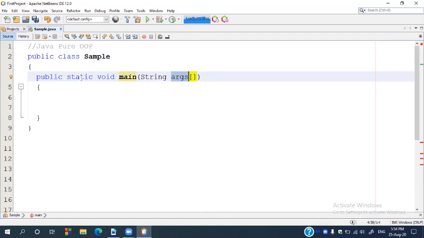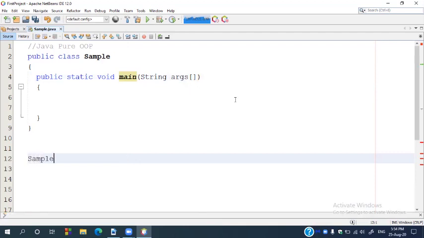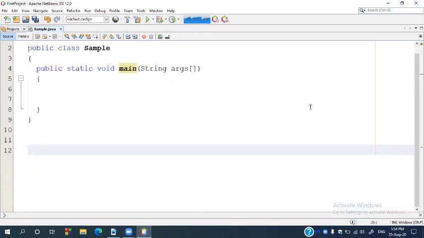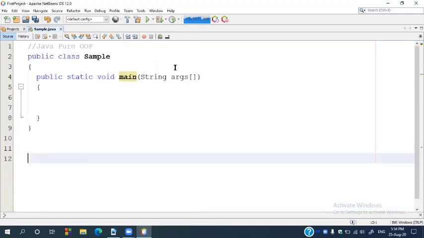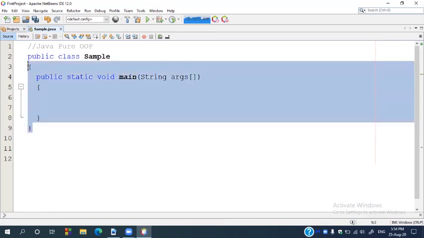And the static keyword is for accessing the main function without creating any objects, with the help of class name like this: class name dot member name. So it helps JVM to call the main function without creating objects. So this is the basic skeleton of any simple program in Java.